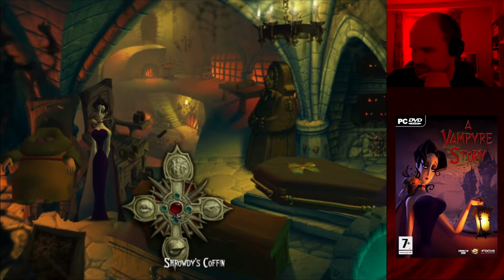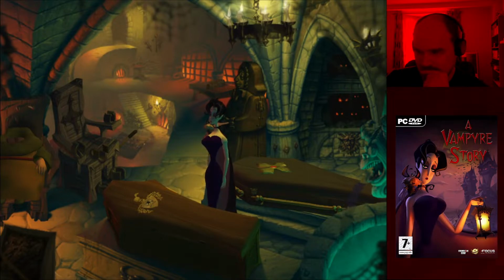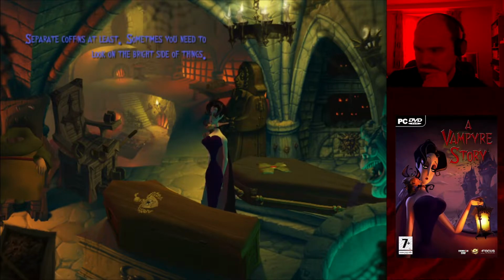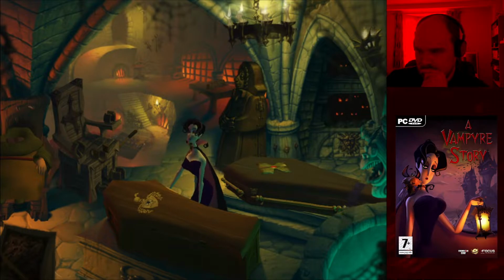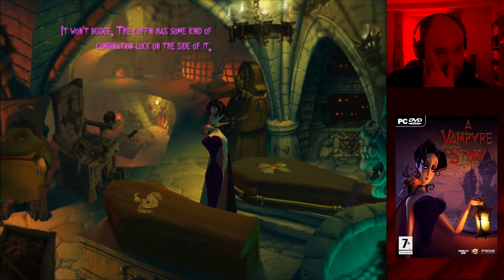Shroudy. It's Shroudy's coffin. I can't believe we sleep in the same room. Separate coffins, at least. Sometimes you need to look on the bright side of things. It won't budge.